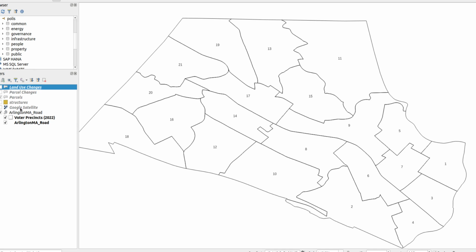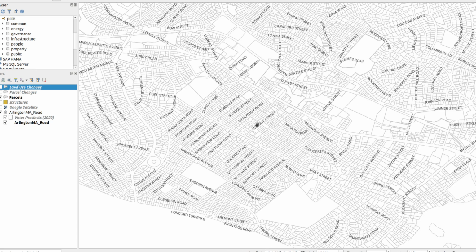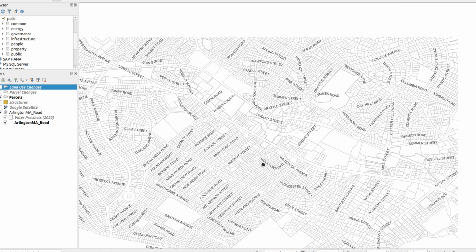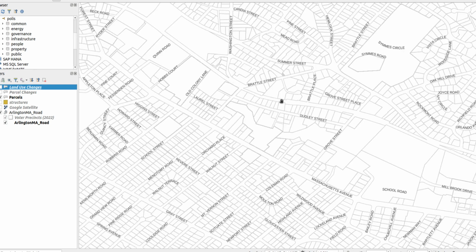We have Google satellite imagery as one of the layers. We have the structures from Massachusetts GIS, as well as the tax parcels. And the parcel changes and land use changes, which is what we'll focus on today, are actually something that we created here. So if I zoom in, the precinct view goes away, and I get all the tax parcels for